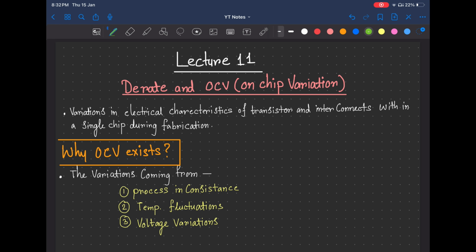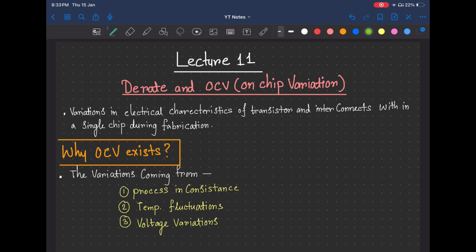On-chip variation is something that, till now, we haven't discussed; we generally discussed things related to the timing constraints. Till now we just calculated setup time, hold time, arrival time, required time, all the slacks and those things in general. But we didn't consider any margin or variation which we cannot afford